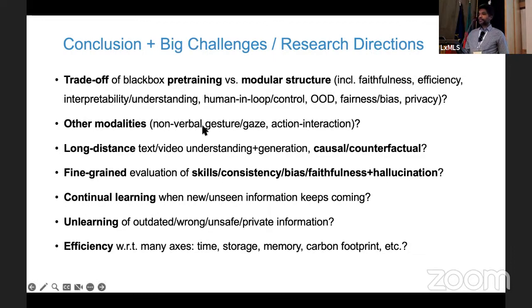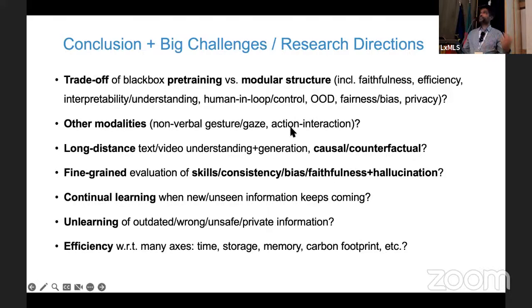The second bullet is pretty important. I tried to cover as many modalities as I could in 55 minutes, but there is much more to be done. So just one simple example is non-verbal modalities like gesture and gaze. So through this education institute with NSF, we have a lot of work now on trying to also have classrooms where if you're trying to understand which part of the classroom was boring for the students versus interesting, there's a lot of other information needed about, are they sharing collaboration through their gaze patterns? Are they actually interested in the class? Where are they looking? What's their posture?